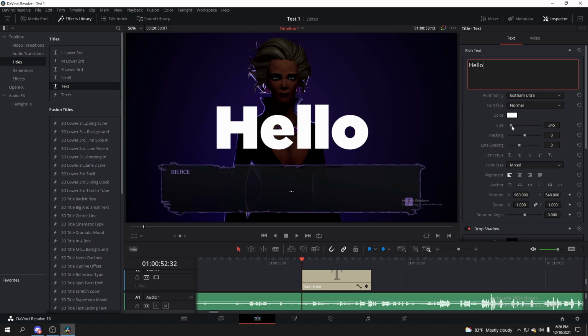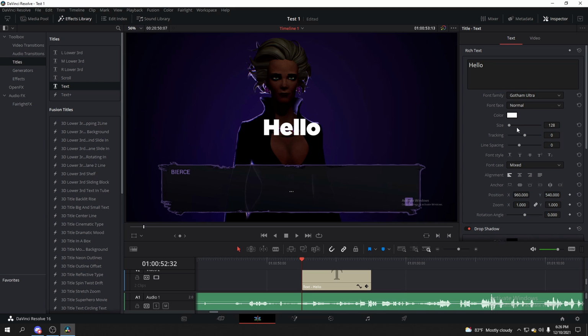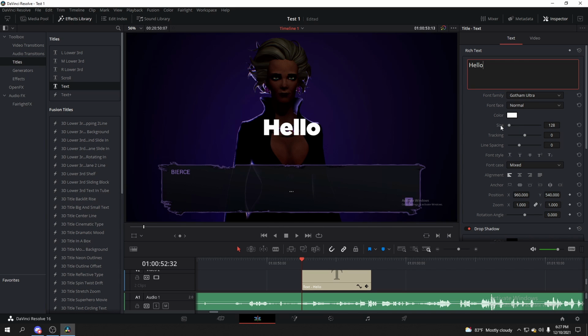And if you mess up and you want to put it at the original size, you can either type it in here, 128, which was its original, or you can double click the size and it'll reset it to 128. And then line spacing is just the line spacing like that. The font style, I like to put mine